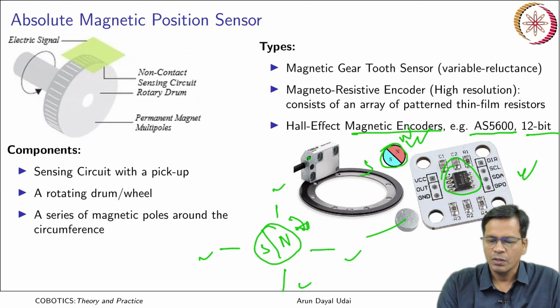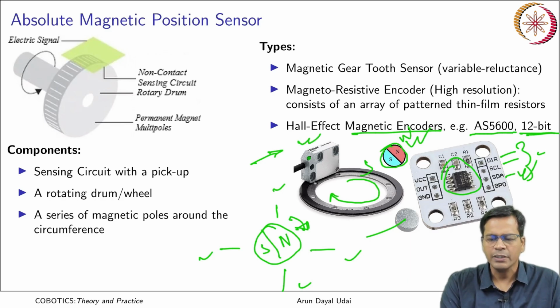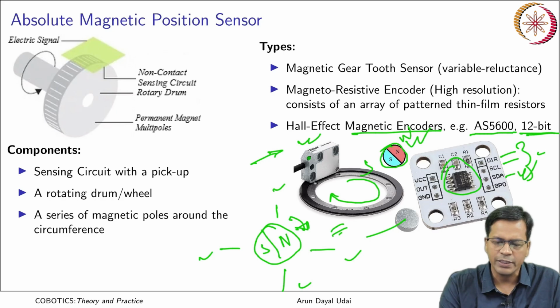Got it? Based on the sensed values, it can be further split into 12-bit encoding, and finally that 12-bit data can be passed using SDA, serial data, serial clock, and direction. Everything can be sensed from here using the standard I2C bus. So it is meant to be used with embedded systems. Similar ones are there, as shown over here. This contains a magnetic strip and a pickup, which is shown here. This is also quite common in joint sensors. Normally in cobots this kind of sensor is very common. These are the various types.